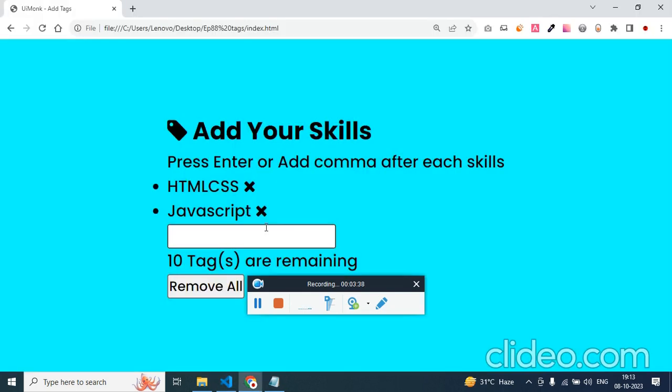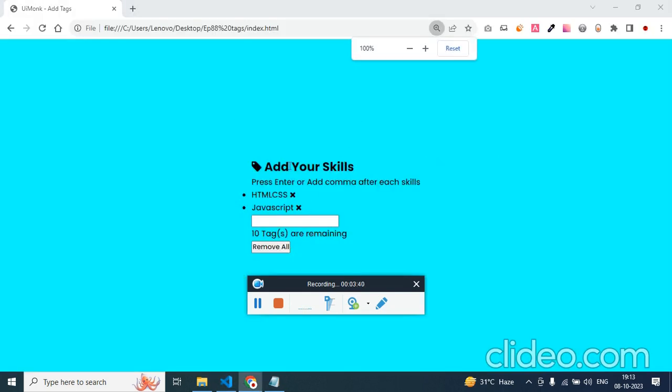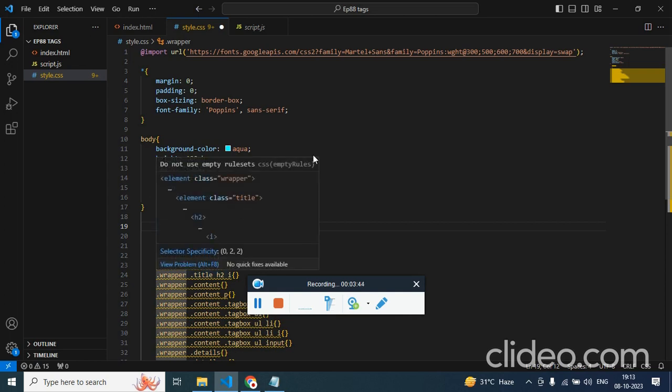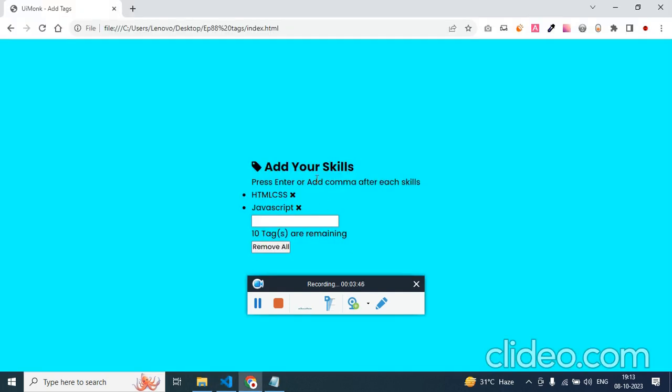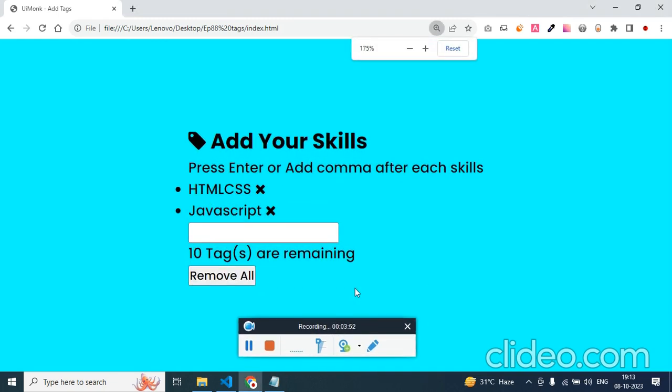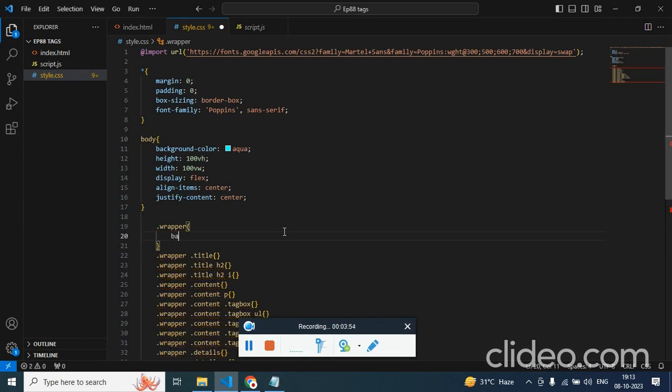The reason for making this display flex is that this is the main container which holds all the divs. I want to make it centered in such a way that on the screen it is horizontally and vertically centered. Now let me just give the wrapper color as white, and then we can have a padding,